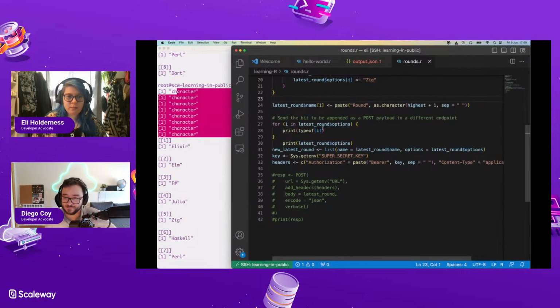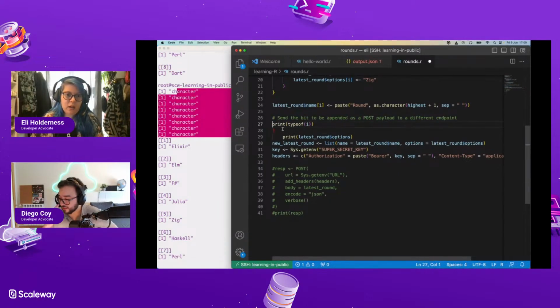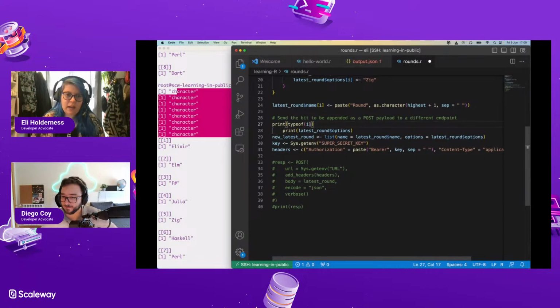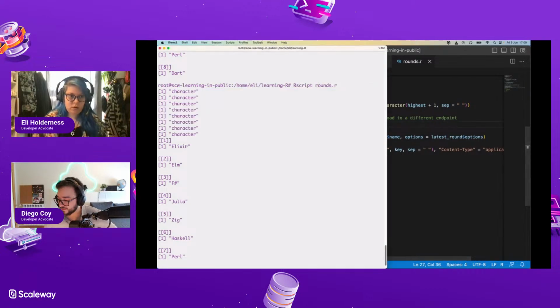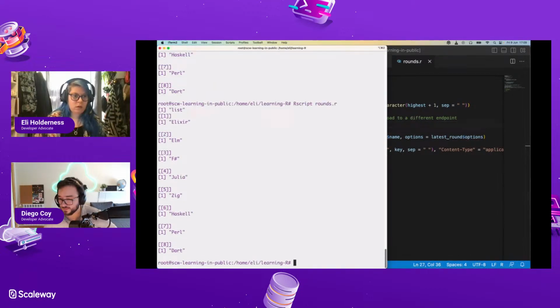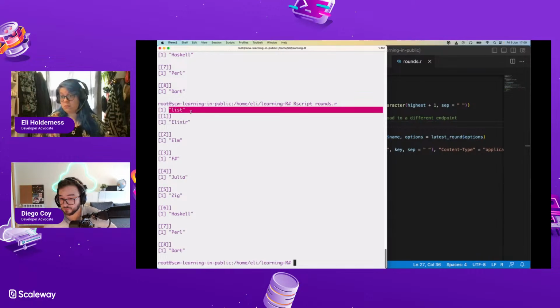Because that's the thing that's giving us null. So maybe it's not being able to parse it properly. Typeof latest round options. It says list. That's what I expect.